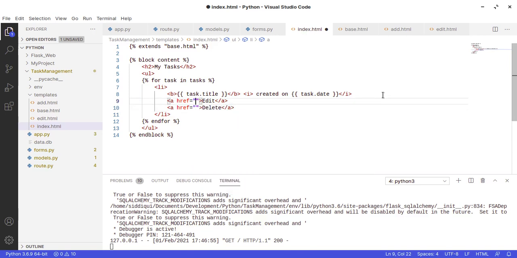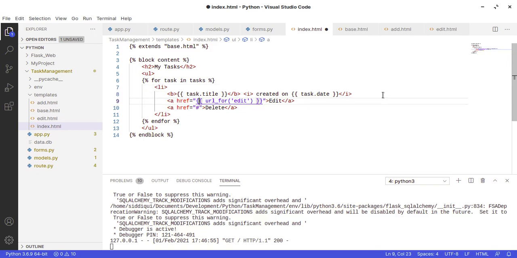So this one I can use url_for, and the method we use is edit. This one we don't have any method, so that's why I will not do this for now. We will do the delete later.